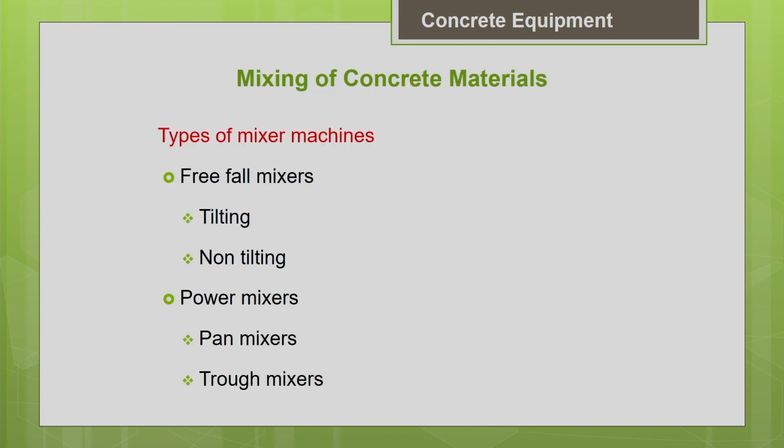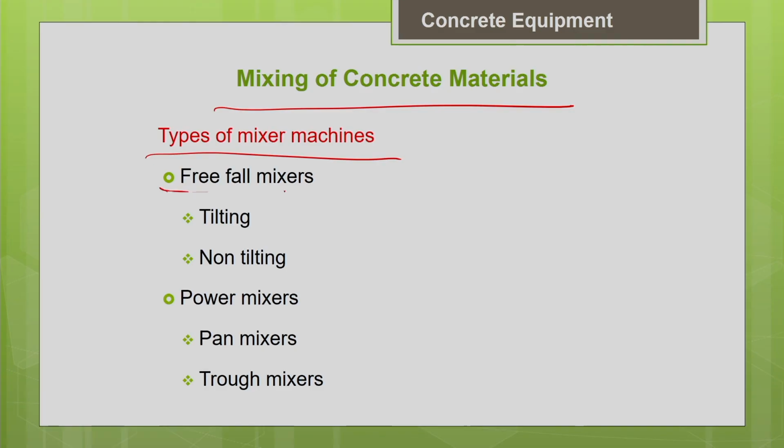Then about the mixing of concrete. Okay, so first we discussed the batching. Then we move on to mixing. In mixing of concrete, you have to spend more effort to have a homogeneous mixing of concrete. You should be very careful about the mixing of concrete, because we should ensure that we get a homogeneous mix. Then only you can have a good microstructure of your concrete. As I told you, you need to have a good coating of paste around the aggregate. So for that you need to ensure a homogeneous mixing.